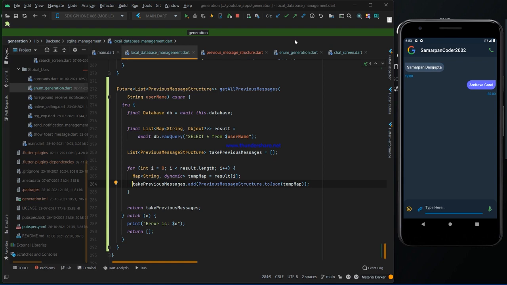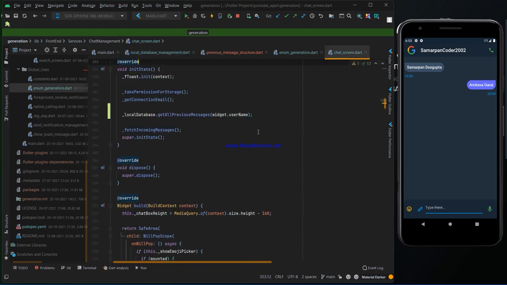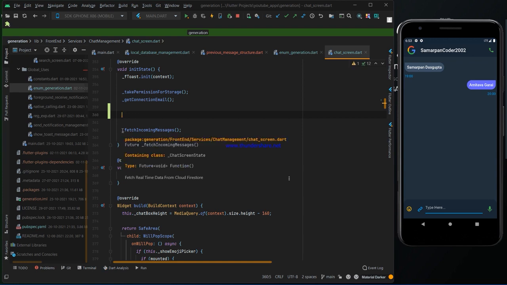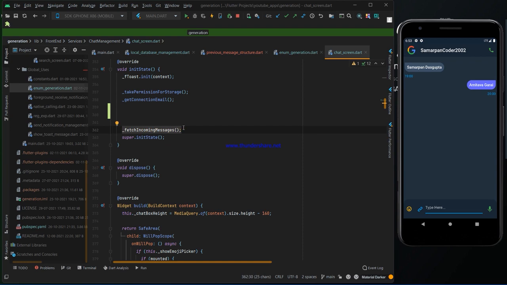Now come back here under chat screen. As I said earlier in this video, in any chat application, when you open any chat box, the previous messages load at first, then the incoming new messages load. So here we have to change a thing. That fetch incoming messages takes the new messages from the database, that is Firebase.